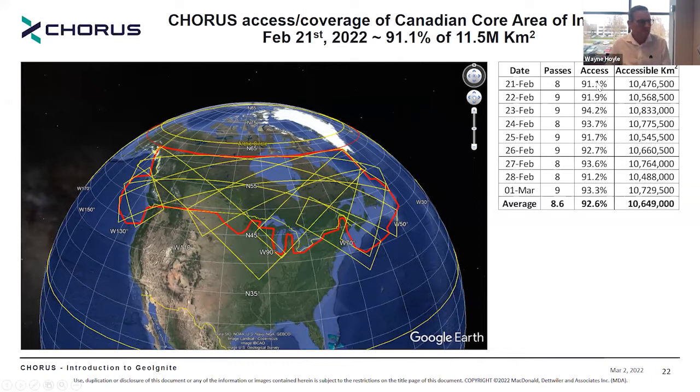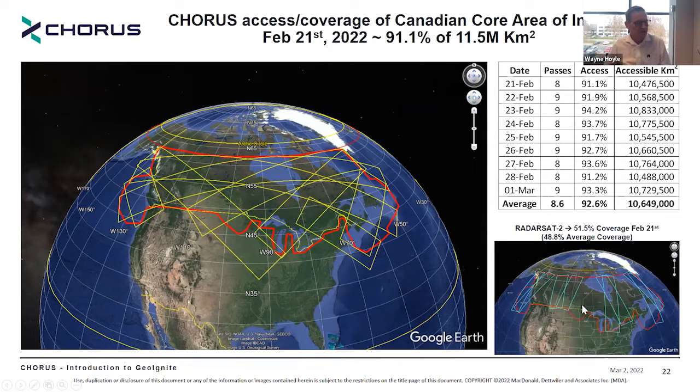I then went through and said, well, was that an anomaly? Did I pick a day that was just particularly good? And the answer is no, the February 21st that I'm showing is actually the worst of the days in the 10-day cycle. And the average is actually 92.6. So from a CORUS perspective, we'll be able to cover 92.6% on average of that core area of interest, which is something that cannot be done by polar orbiting